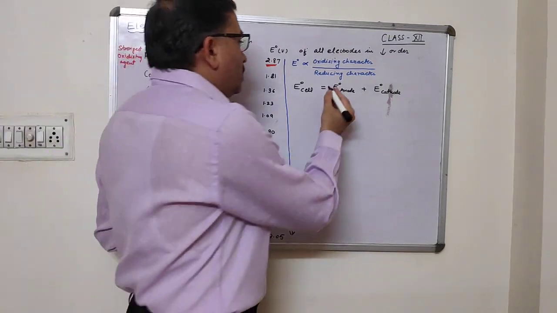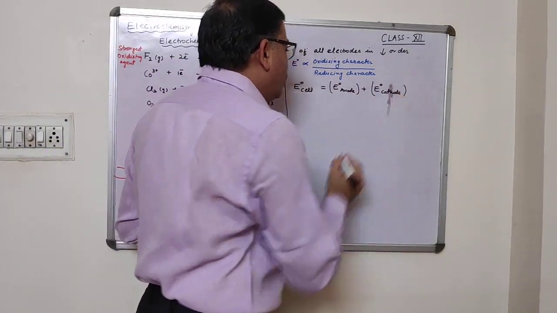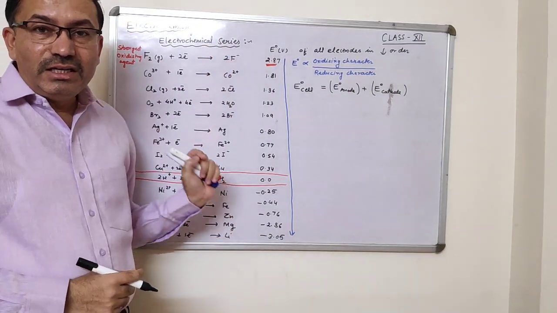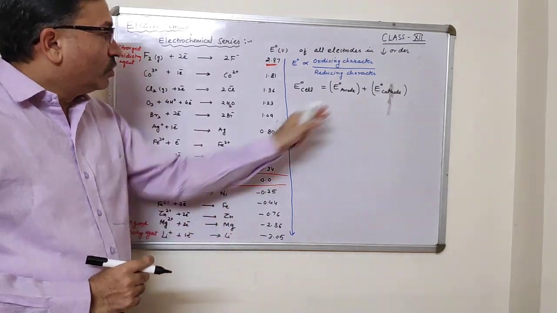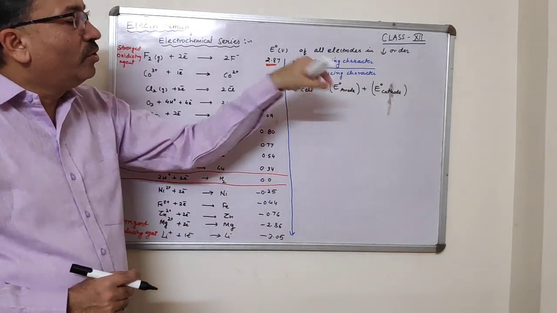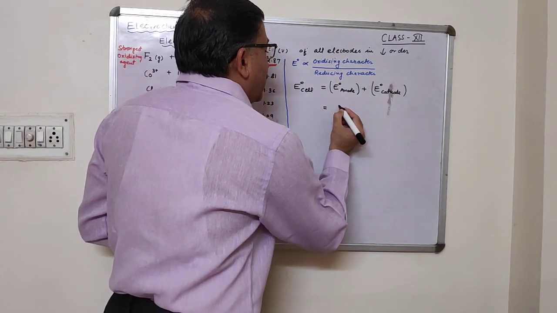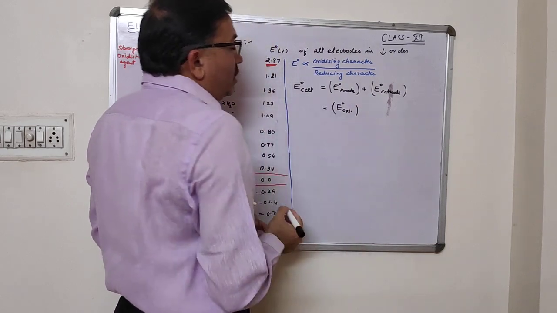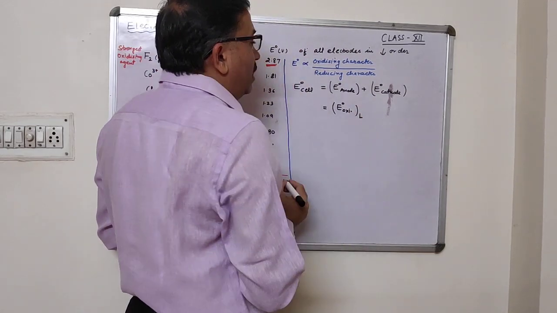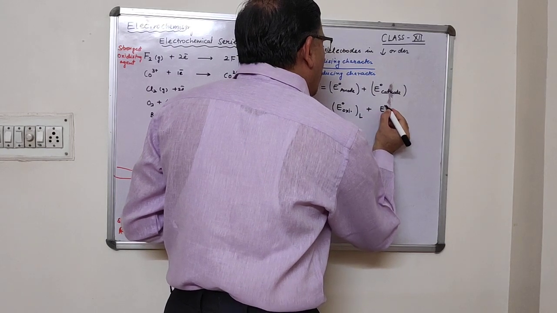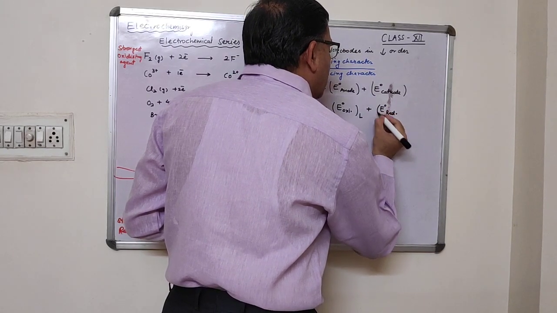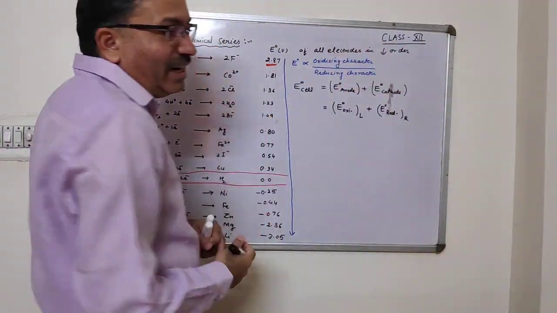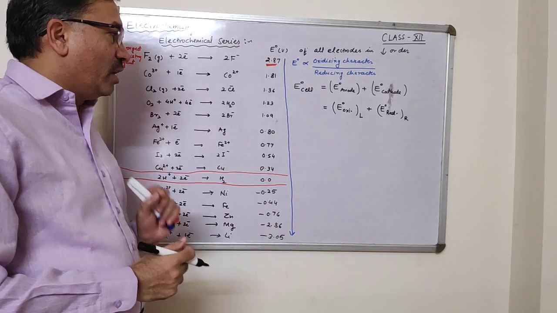Now the problem is, what is happening at the anode? Oxidation. And our standard electrode potential is in terms of reduction. So this oxidation at the anode should be converted into reduction potential. Say E naught oxidation, and your anode is always present on the left hand side, plus E naught reduction, which is happening at the cathode. The cathode is present on the right hand side, that is the representation of the electrochemical series.